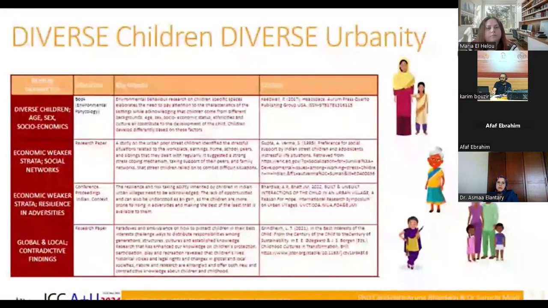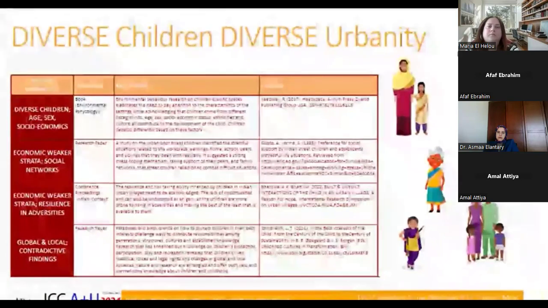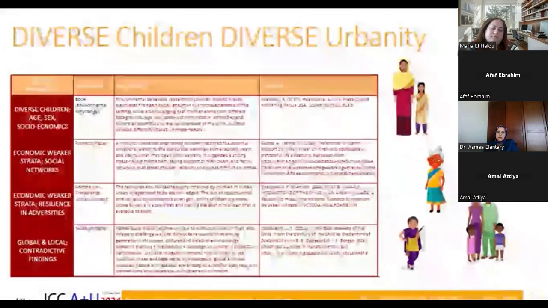The resilience and risk-taking abilities exhibited by children in Indian urban villages also need to be acknowledged, wherein the lack of opportunities can be understood as children being more prone to rising in adversities and making the best of the least that is available to them. So,